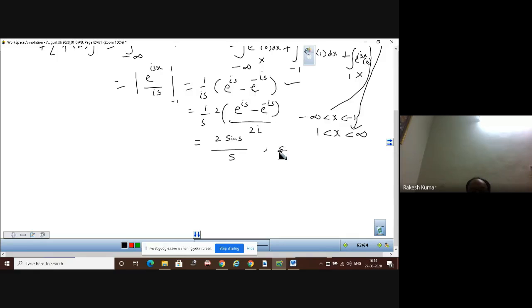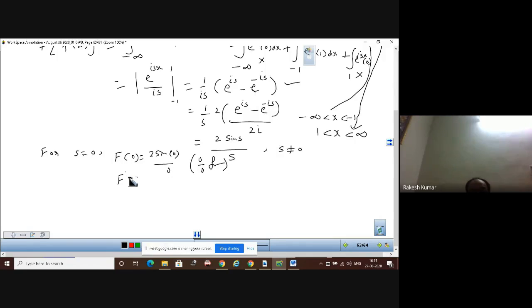So clearly s should be non-zero, because if s comes out to be 0, then what will be the value of f of 0? f of 0 will be in 0 over 0 form, because f of 0 comes out to be 2 sin 0 over 0. So this will be 0 over 0 form, and then by L'Hospital rule,